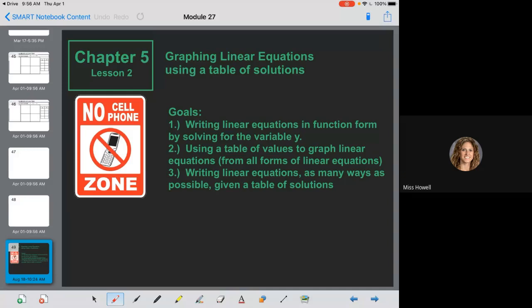Hi, and welcome back to Algebra 1. Our goal for today is to continue working with linear equations and finding solutions of that linear equation, and taking those solutions and recording them in a table of values. Our ultimate goal here will be to use those solutions to help us make our graph, which is our picture